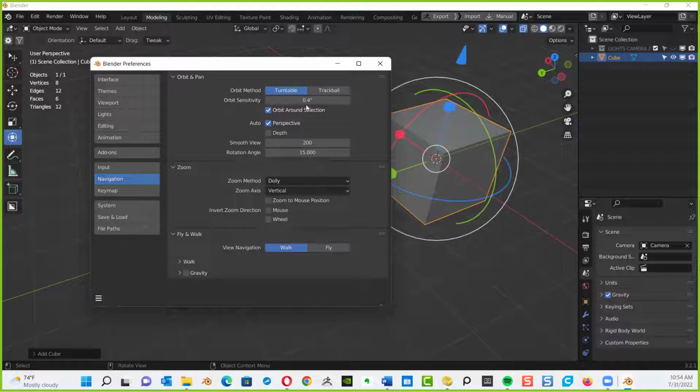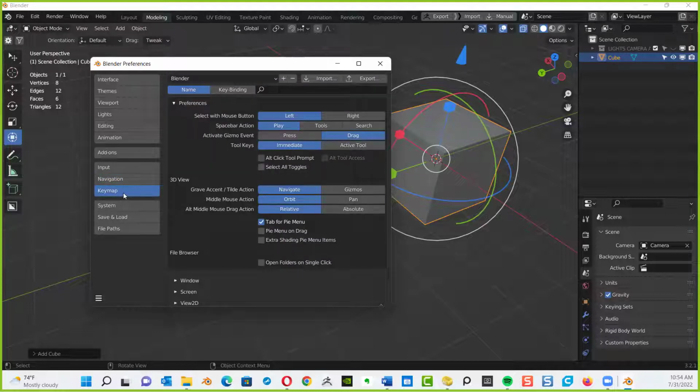All right. Now, the next thing I want you to do is click on System. Well, actually, go to Key Map real quick. I just want you to be aware of something. Go to Key Map. Sorry, I forgot about that. Let's see, overlays. I forgot that. I'm going to add that in here because I don't have it.